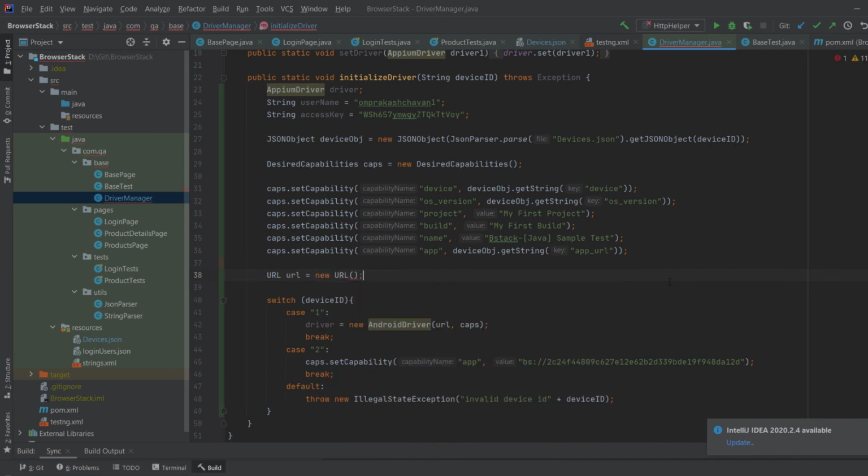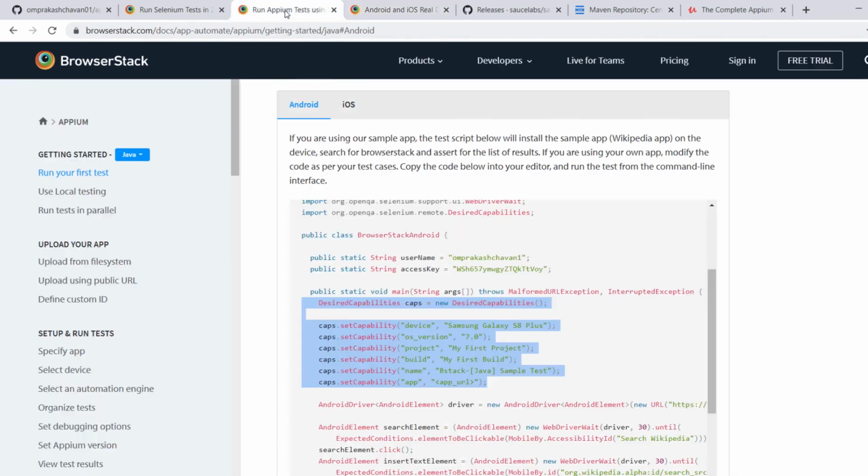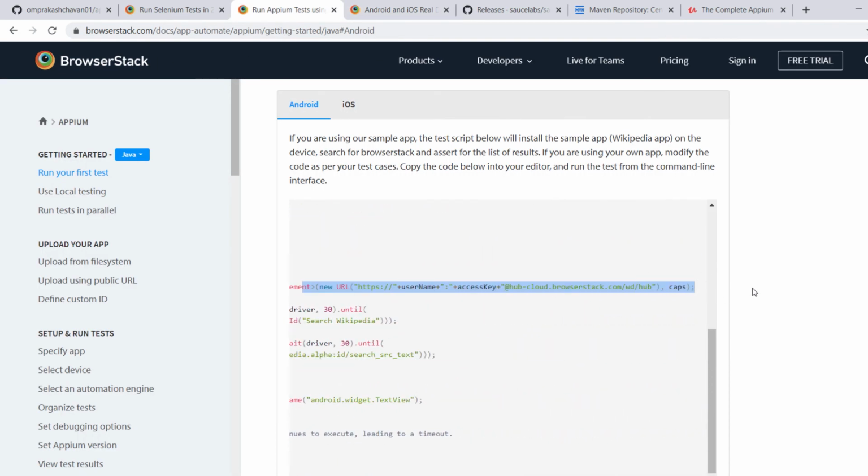Okay, and then here we will need the URL from BrowserStack, right? Because we are going to use the Appium server instance that is hosted by BrowserStack. So let us get back to the documentation, and here this is the URL that we need to use, and in this URL we are passing the username and the access key.